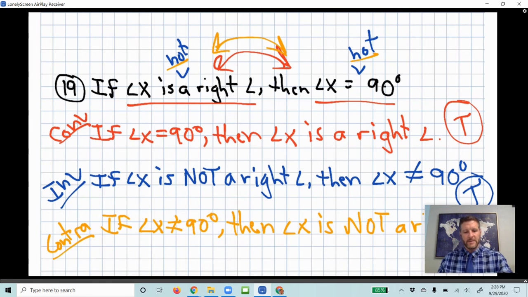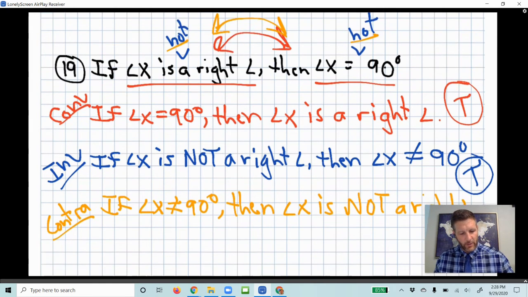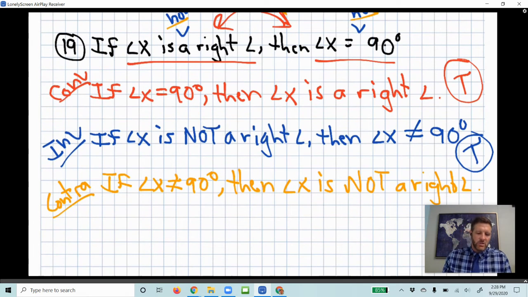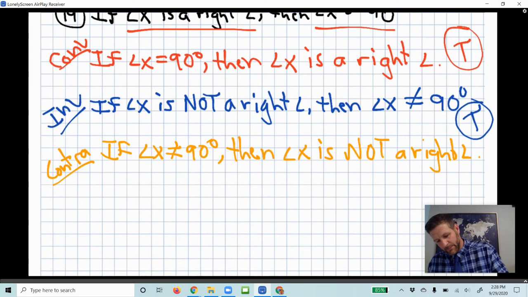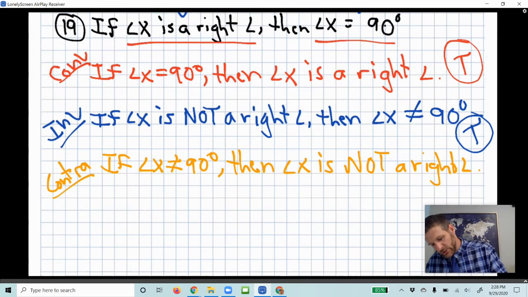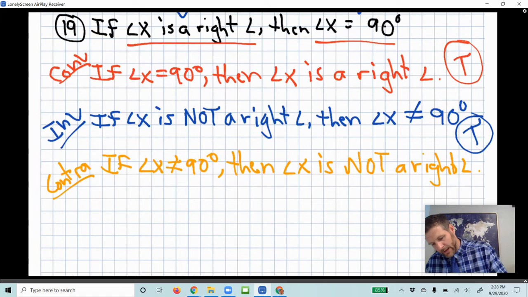Okay, now let's see, up until now, I think most of the time we've never had one where all the statements are true, but if you take a look at that, if an angle is not equal to 90 degrees, then it can't be a right angle. That's true because that's part of the definition. And so this is a perfect example of a good definition. You could also write this, therefore, as a good